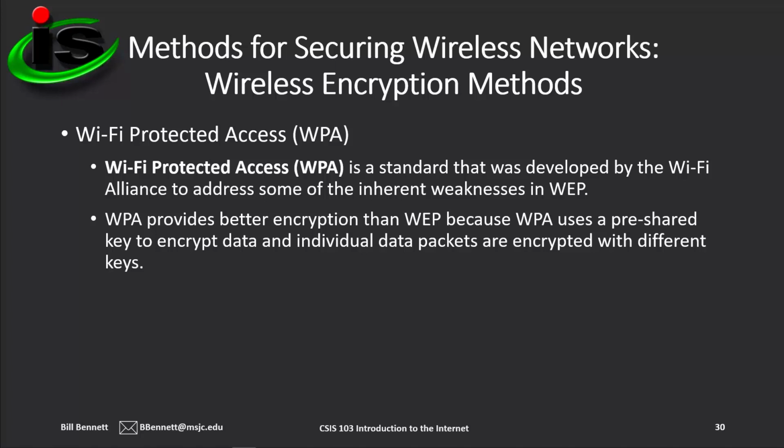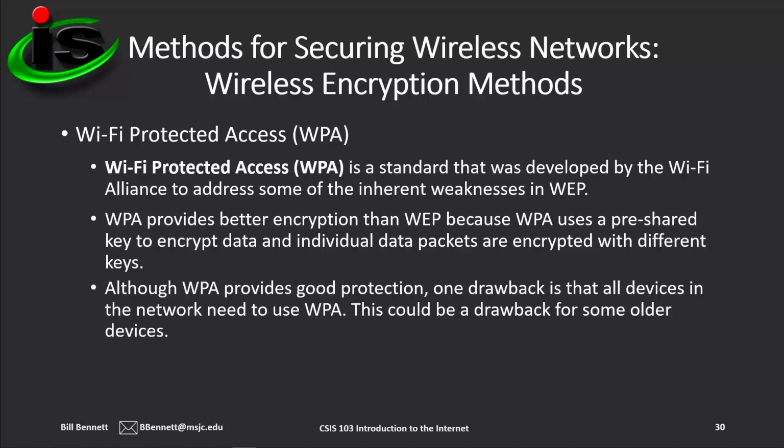WPA can use a 128-bit key or a 256-bit key to encrypt the data. Although WPA provides good protection, one drawback is that all devices in the network need to use WPA. Some older devices will still need to use WEP or another protocol to secure data. Some wireless routers and access points let you use a combination of WEP and WPA when your network makes connections to devices that can't manage